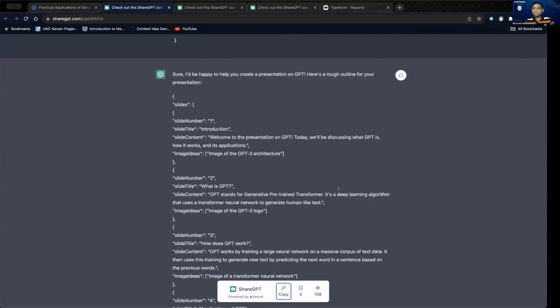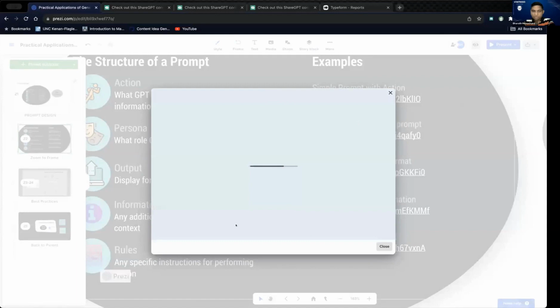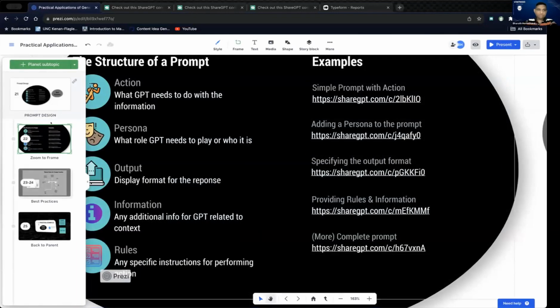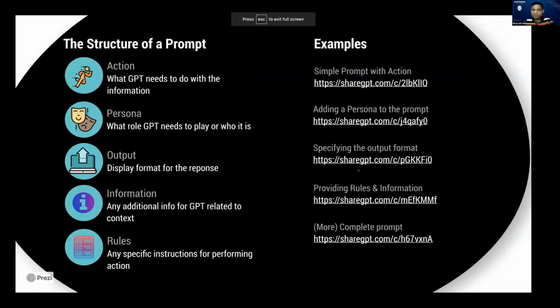I can now automate the way that I respond to the back with a response as well. The next is to provide more information to the large language model, right? The more context or information you are able to provide it, the better. In this example that we're going to take a look at,